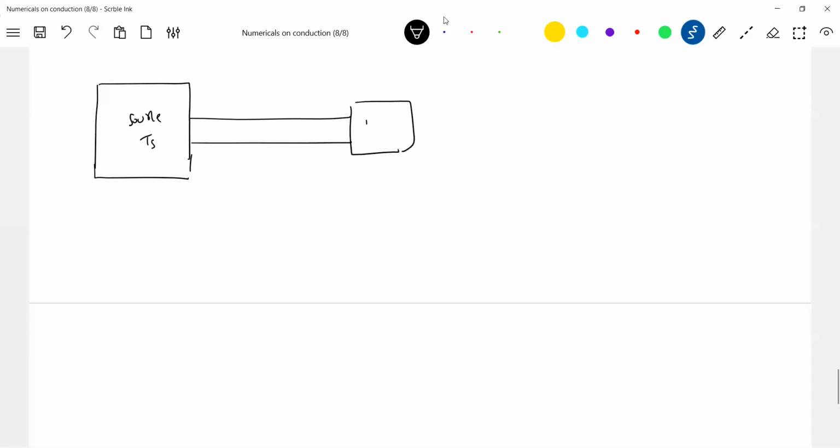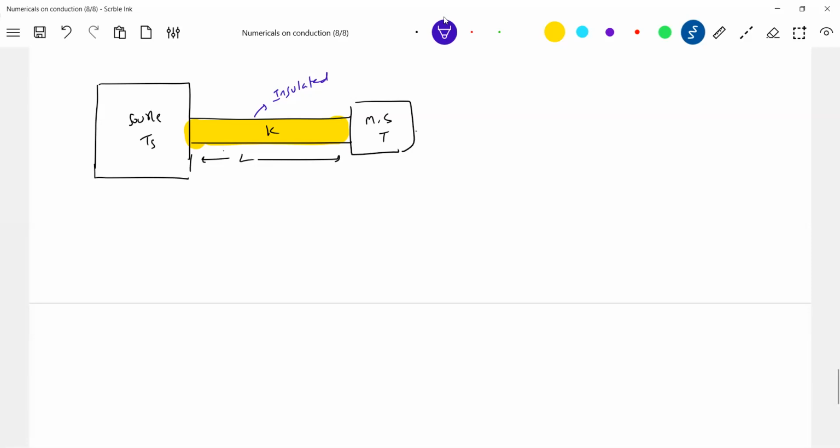I'll connect this to a body of mass m, specific heat s, temperature T, and this is a thermal conducting rod of length L. This thermal conducting rod I'll show by yellow color. The lateral surfaces will be okay. This surface will be insulated so that the heat will flow only along the length of the rod.